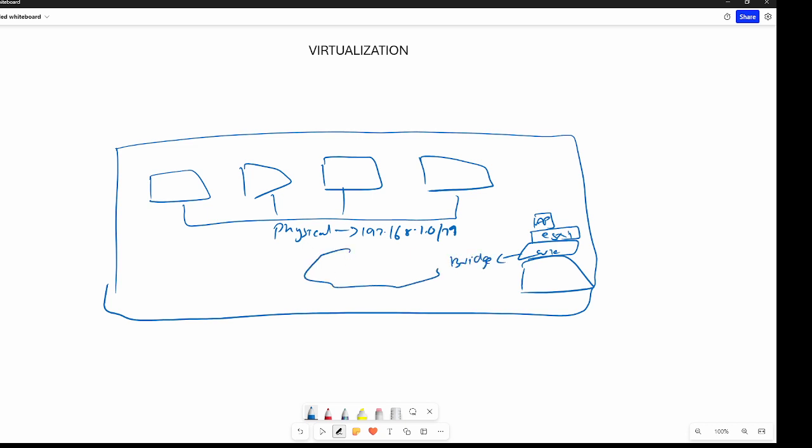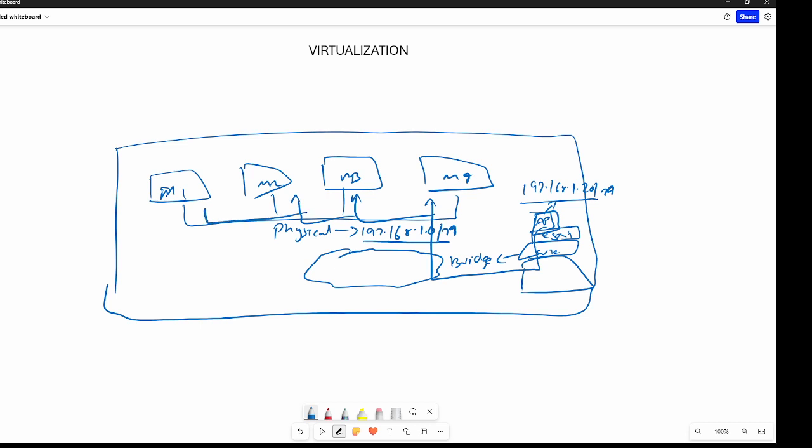There is already a network running over here, and machine 1, machine 2, machine 3 and machine 4 are already able to communicate with each other because they are in the same subnet. This application also got an IP address of 192.168.1.20/24, so this machine is able to communicate with each of those machines.